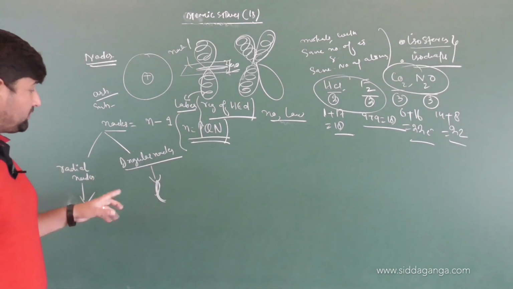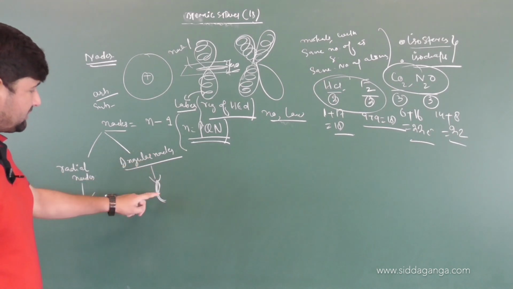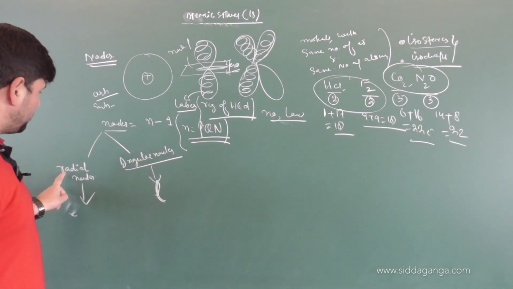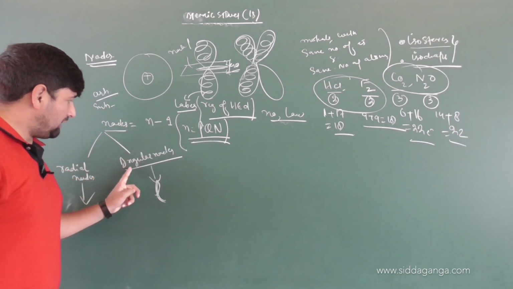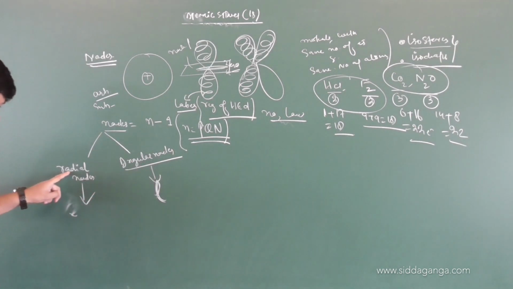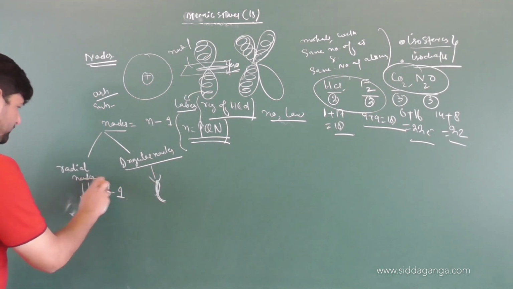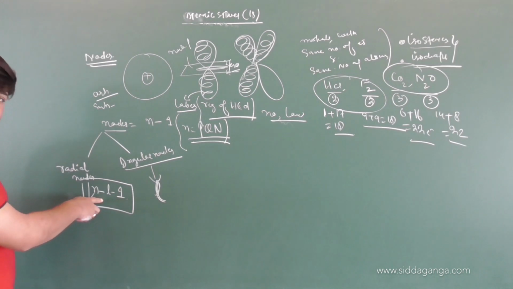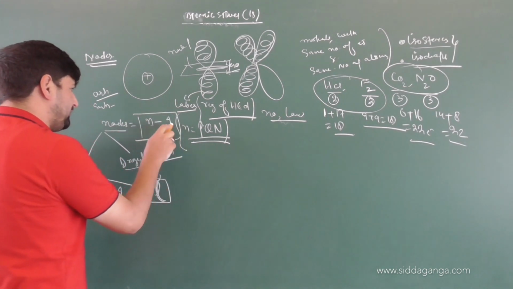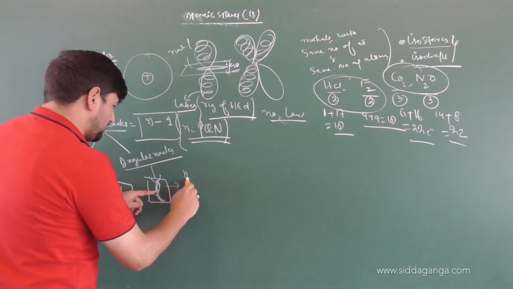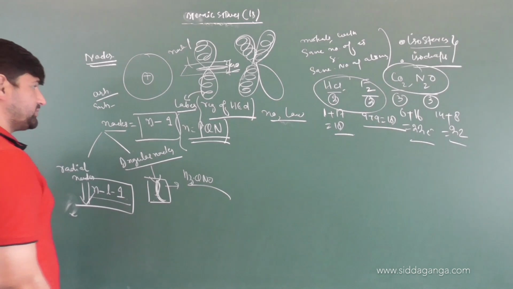And the nodes which are present in spherical orbitals are usually radial nodes. So angular nodes are represented by L, and we have one more kind of node left out, called radial nodes. The total number of nodes is n minus 1, out of which angular will be L. The remaining nodes are radial, and those will be n minus L minus 1. Keep it in mind: the number of radial nodes equals n minus L minus 1, the number of angular nodes equals L, and the total number of nodes equals n minus 1, where L is the azimuthal quantum number and n is the principal quantum number. So you can find out the nodes respectively.